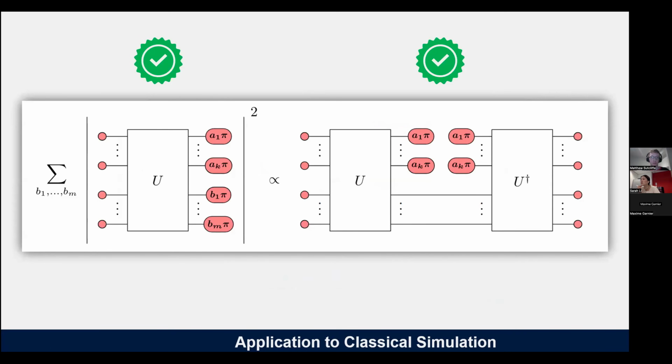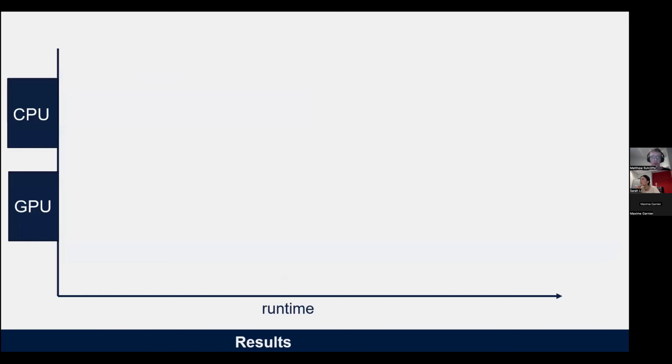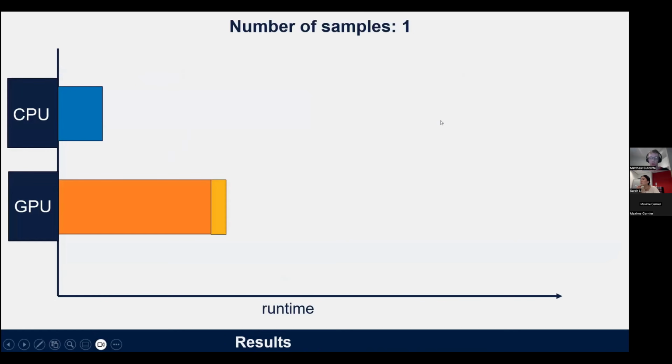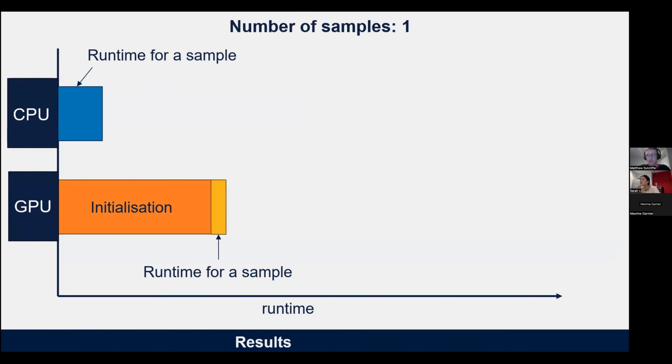If we want to weakly simulate a whole bunch of times for different input bit strings, what's the runtime of this? So is this all worthwhile, essentially? If we're just doing one sample, so we want to provide one single input bit string and see what the answer comes out to be,